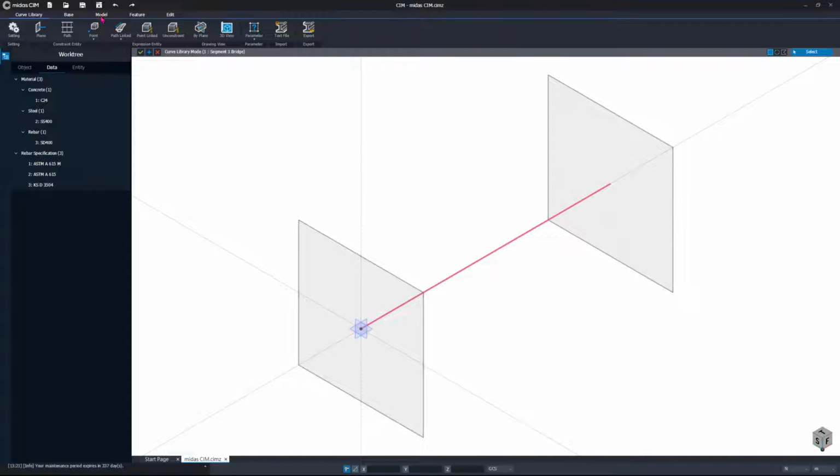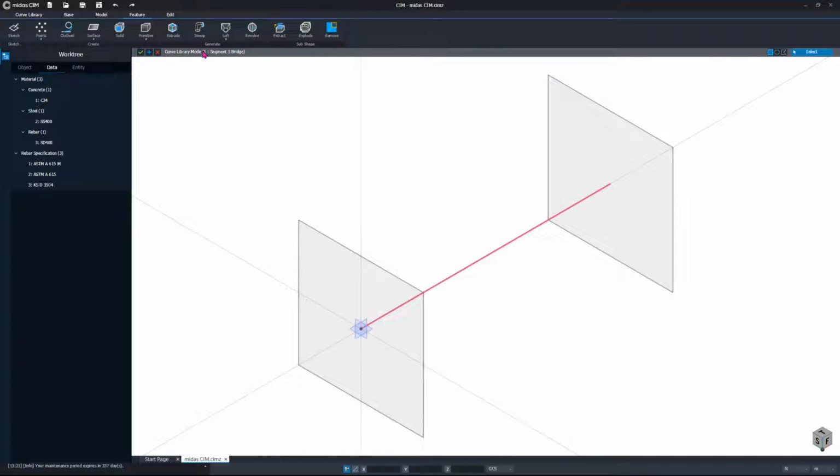Okay, so the menu is still the same. You can add more concrete, you can add steel, rebar, and etc. in here. This is similar to the point library, but the difference is that you have a certain path that you can edit, edit the assignment of the point library itself. So where to put the point library in the curve library.